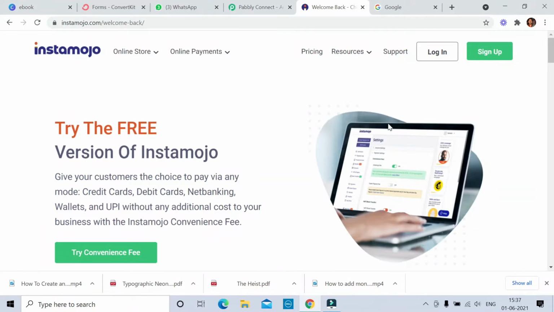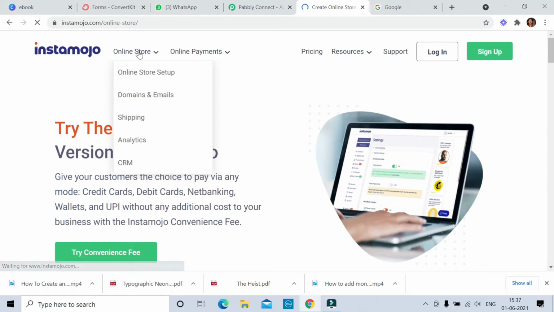Welcome to this lesson. In this lesson, I'm going to talk about creating an account on InstaMojo. You may be thinking, what is InstaMojo? InstaMojo is just a payment collecting tool. So if you know, then congratulations, and if you don't know, then stick with this lesson because you have to create an account on this platform. So let me show you one by one.